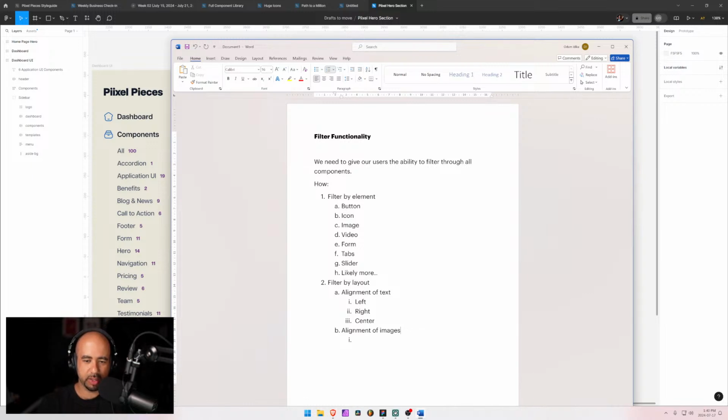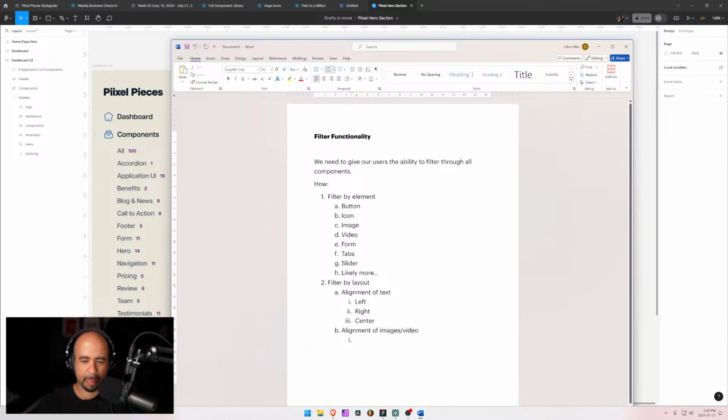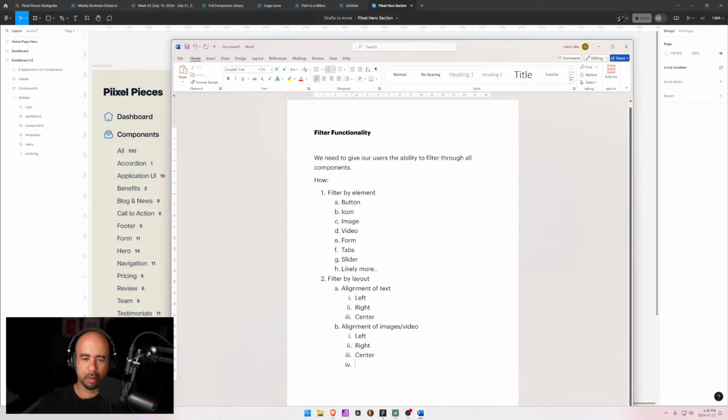There it goes again, changing the text. How does it do that? Alignment of images / video. Look at that. The text did just change. And this is going to be the same thing. Whoops, right and center. And then we could have a filter by